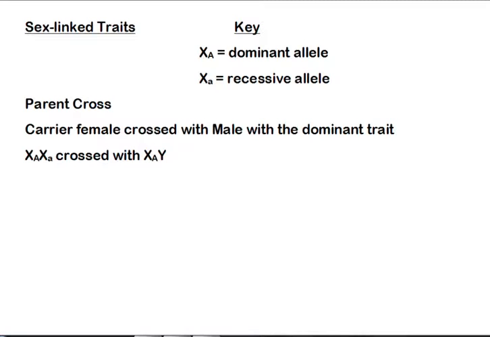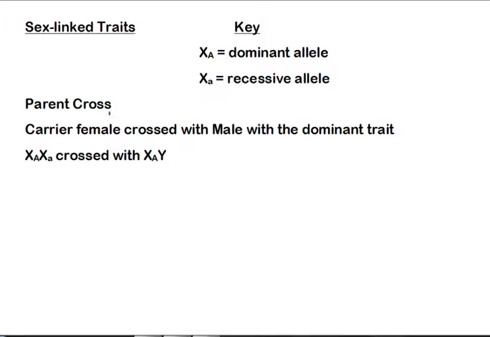When creating sex-linked trait Punnett squares, it basically works the same as the normal dominant recessive Punnett squares that we did last lesson. The only difference is that you are using the sex chromosomes. Since the sex chromosomes are not necessarily a homologous pair of chromosomes, there is some variation in the way you set up the square. So in this case, we're going to look at any random dominant allele that's attached to